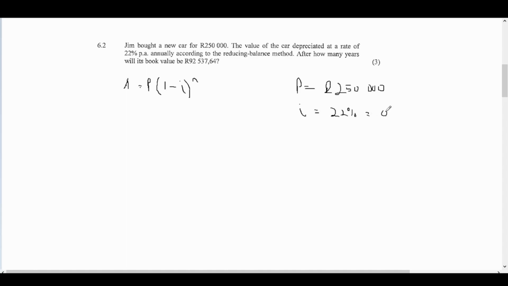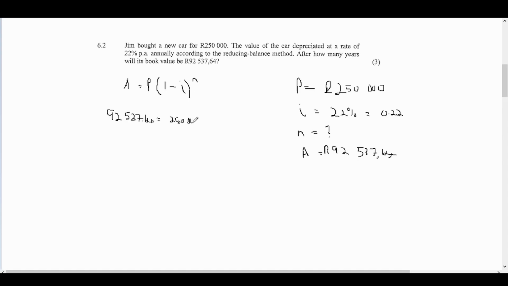Which we can write in the form of 0.22, and our n value is our period, which we don't have, so we write a question mark, and then we have our A value, or what the value will be after the period of n, which is 92,537.64. Of course, that's in rands. Okay. Then we can substitute all of this in, so this becomes 92,537.64